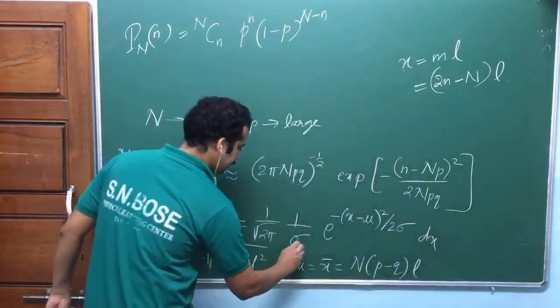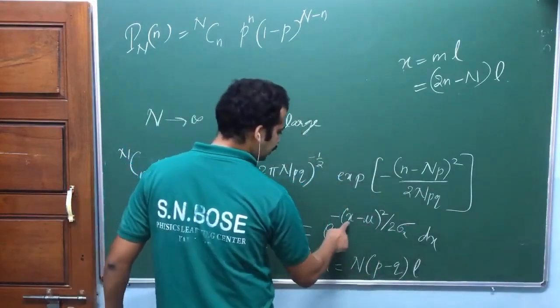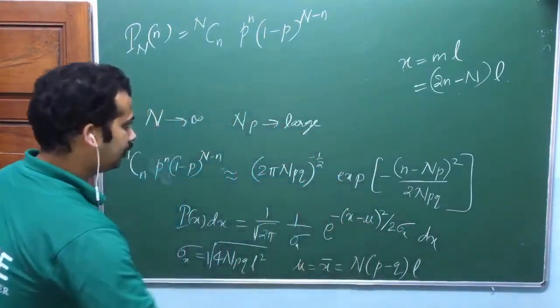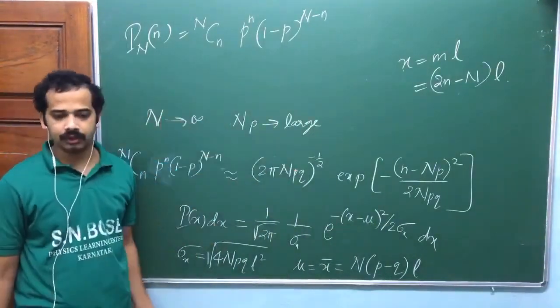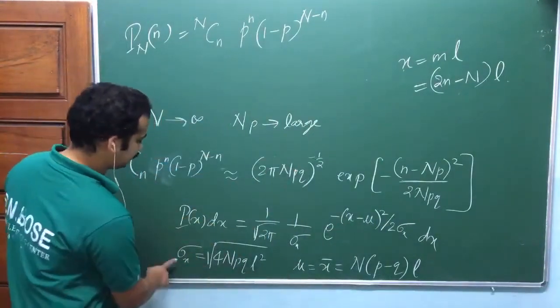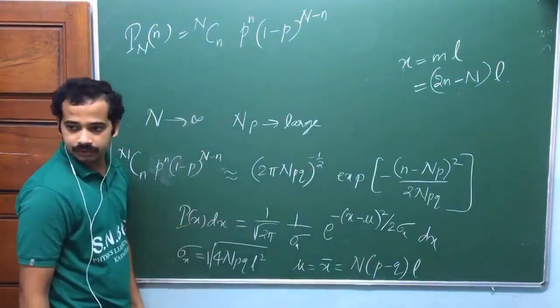Sigma of x actually. He didn't mention it, but later he mentioned it. So mu means x mean actually. Is that okay? So this is a connection between the binomial distribution and, in this limit, the Gaussian distribution. These are the parameters we use in the case of the binomial distribution, isn't it?